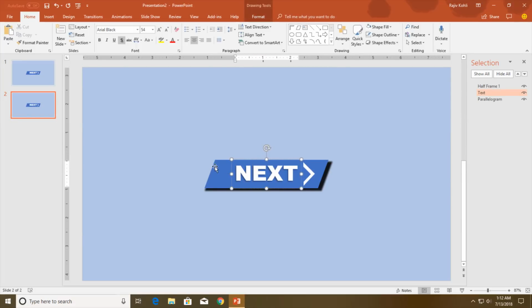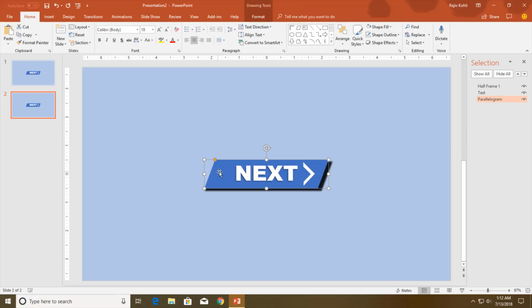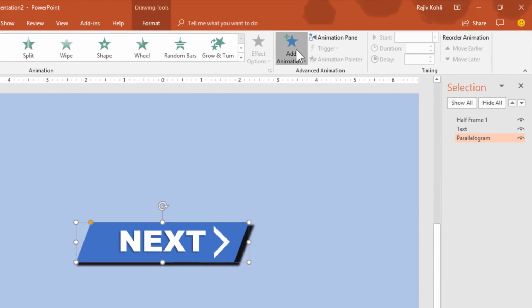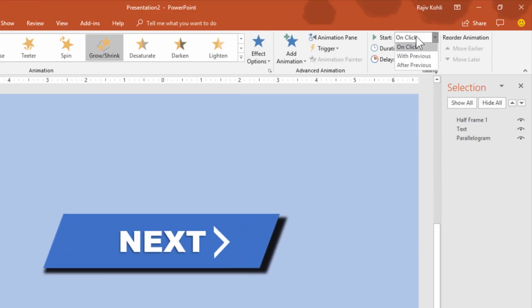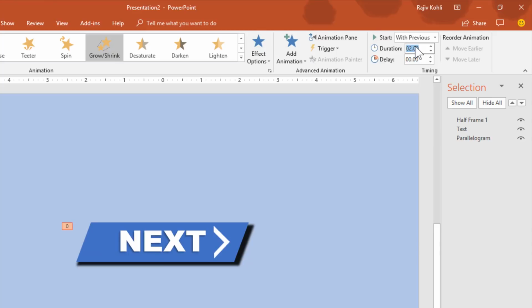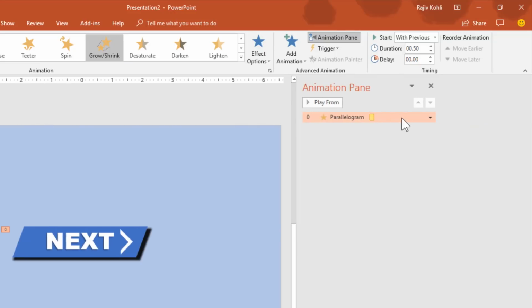So it's time for the animation, and I want this parallelogram to expand when you hover your mouse over this next button. For that, I will apply the grow shrink effect. Go to the animations tab, click the add animation drop down button and choose grow shrink. Choose with previous with a duration of 0.50 seconds and open the animation pane.